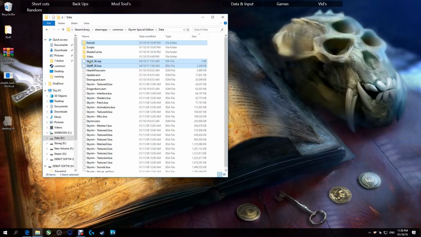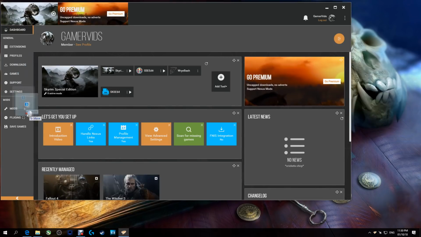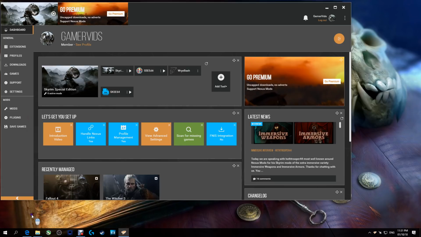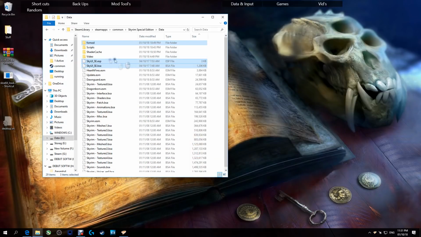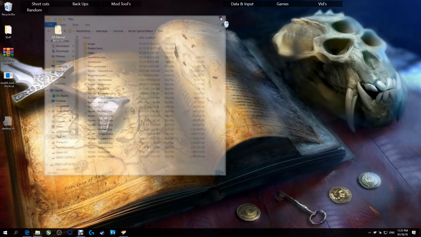So to do that, I essentially need to remove the... Oh, for Pete's sake. Just cancel that off. Minimize that. I need to undo what I've just done with SkyUI, so I'm going to remove those, and it's the same as if I never installed it. So now I can close that down,